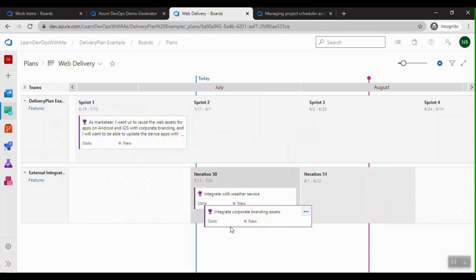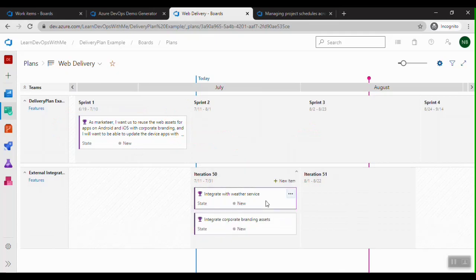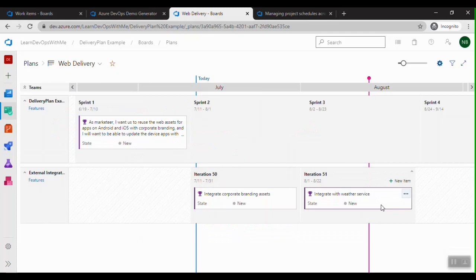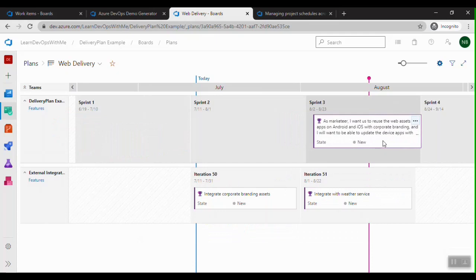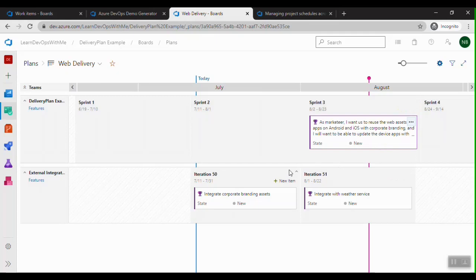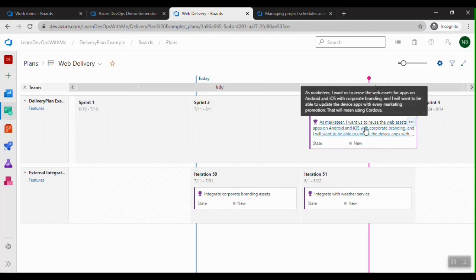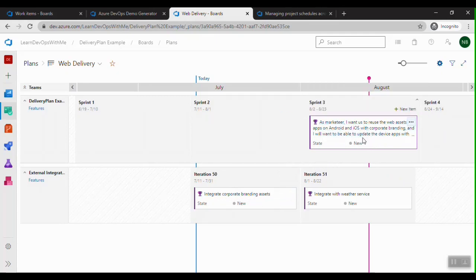I'm going to drag and drop, and I'll say the weather service can be done in iteration 51, and this feature I'm going to move to sprint 3. So now once the integrate corporate branding assets is done, the feature in sprint 3 can pick up whatever the assets are and work on it.